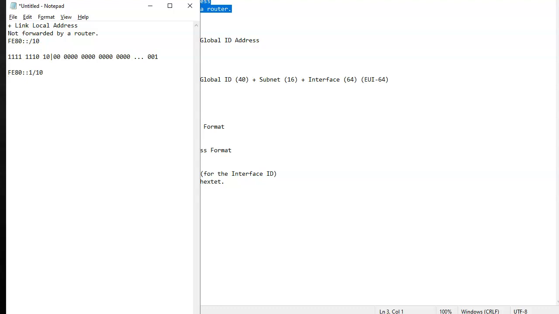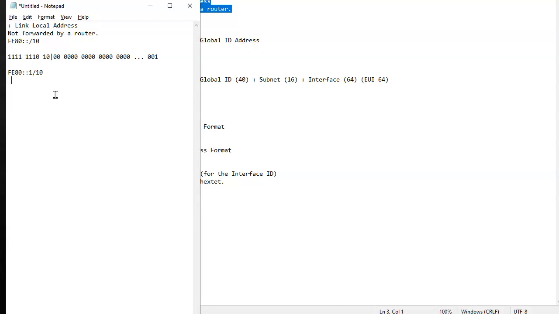That would be the first address on my link, and then my computer on the other end, or my device on the other end, would be able to communicate on that link, and it would have its own address. I could assign those manually if I wanted to, but link local addresses are automatically created. So they're not forwarded by a router, but they allow devices to communicate on link.